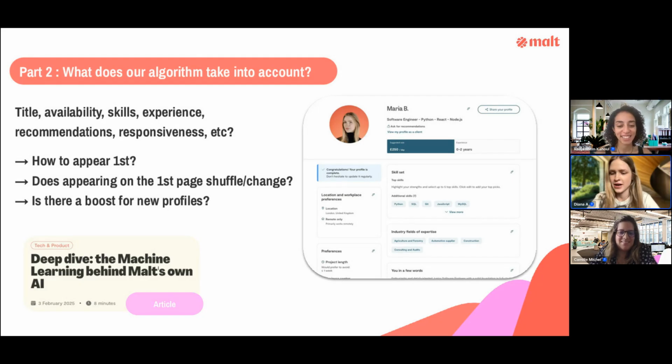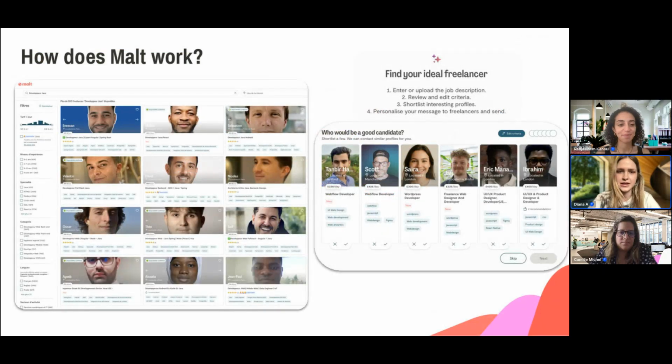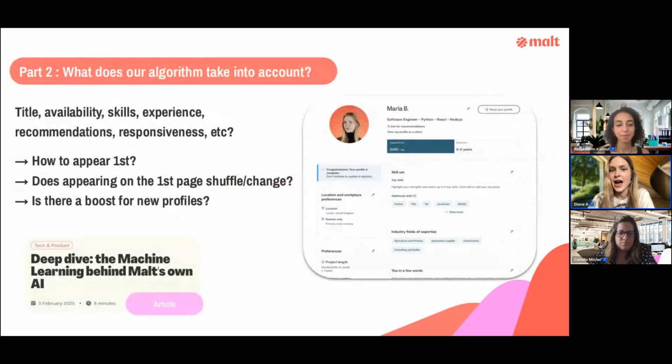Which also, I'm going to go back a couple of slides, because you can see some profiles here. They are the first line, the first projects that get recommended when someone searches for a freelancer. How to appear first, how to be that freelancer that appears first in the results for the client. So let's break a myth here. Being first does not really mean something. Why is that? Because actually being first depends on the client.